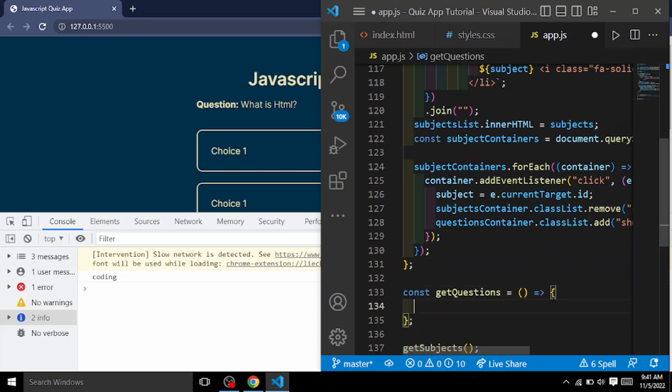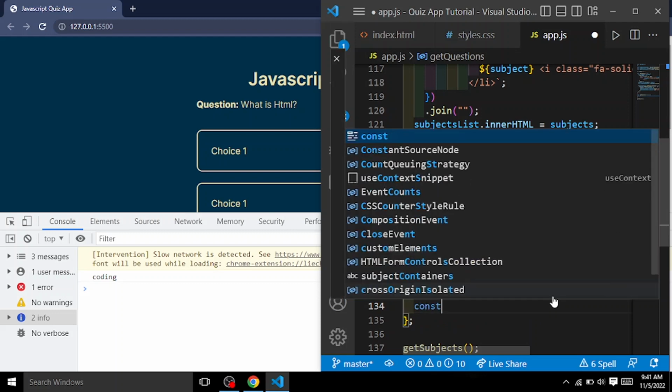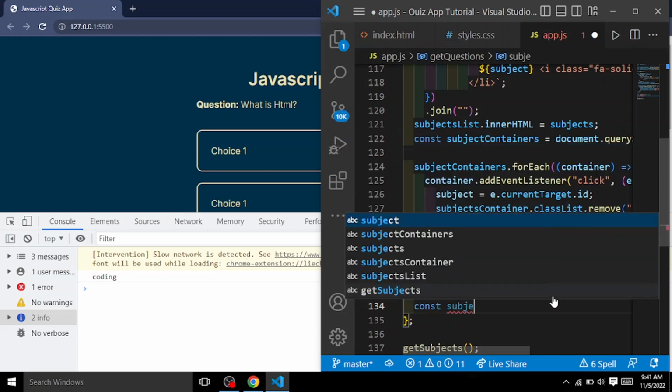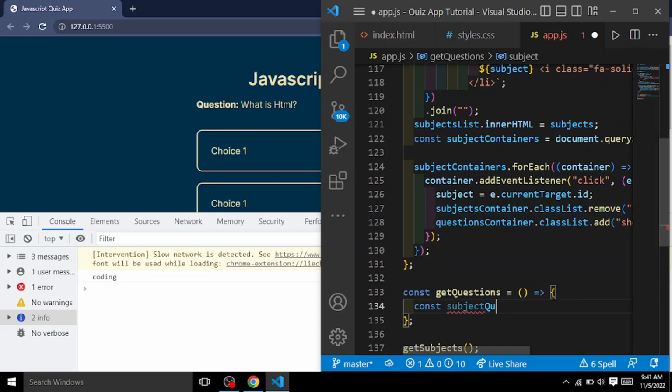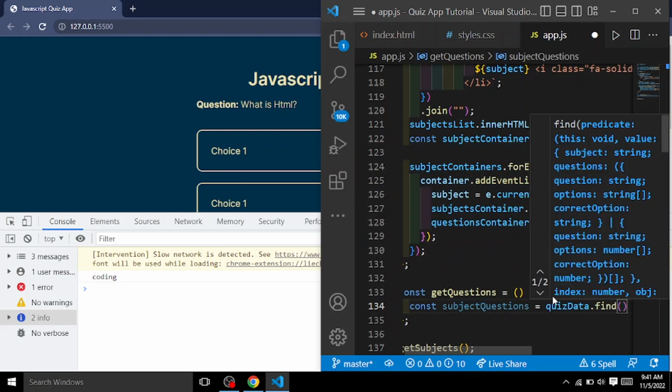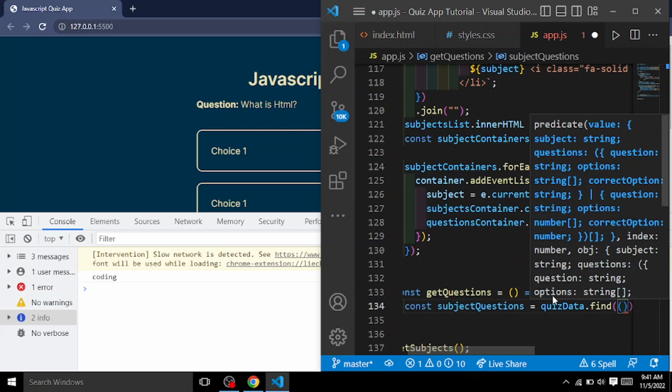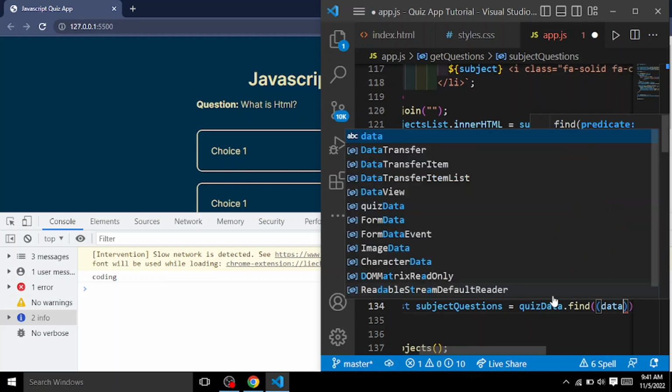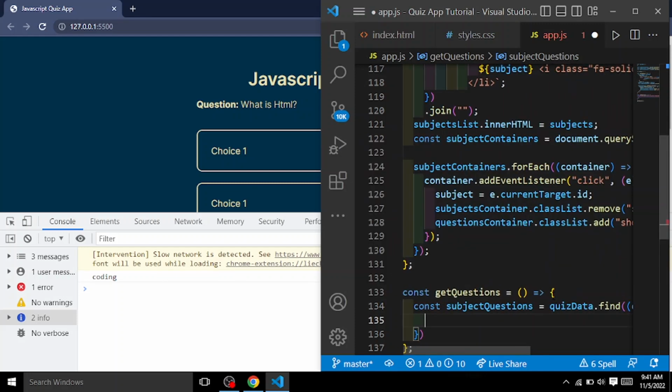and then we're going to do const subjectQuestions is equal to the quizData.find. Then you pass in a function. That's where you write what you are looking for, what you want to find based on. So I'm going to pass in data, just like I said, you can put anything. So you're going to do an if statement. If